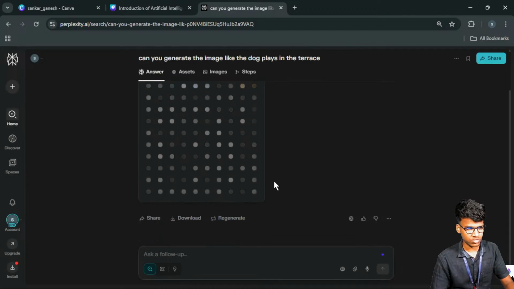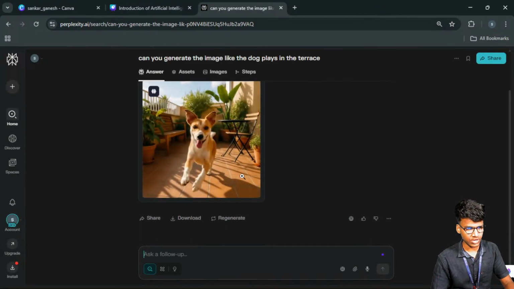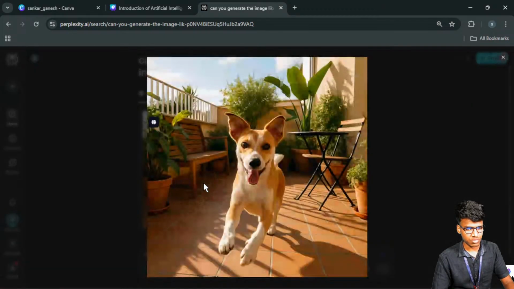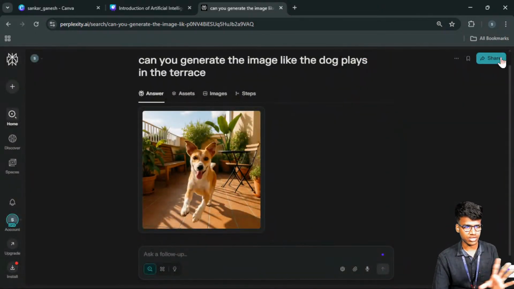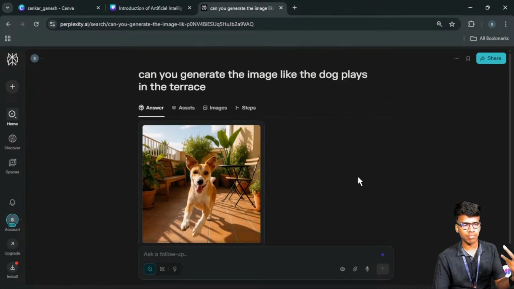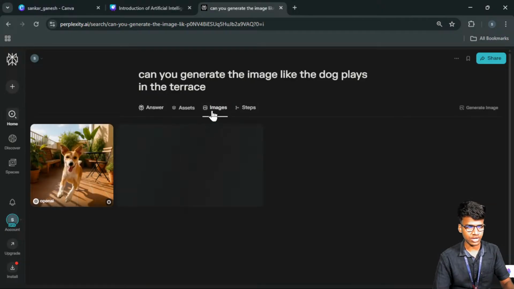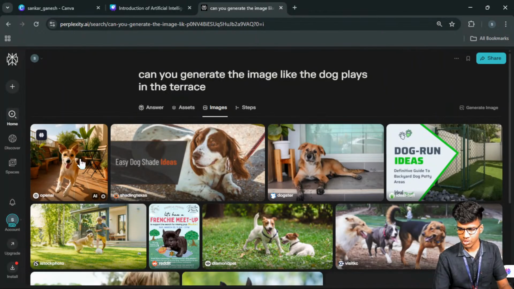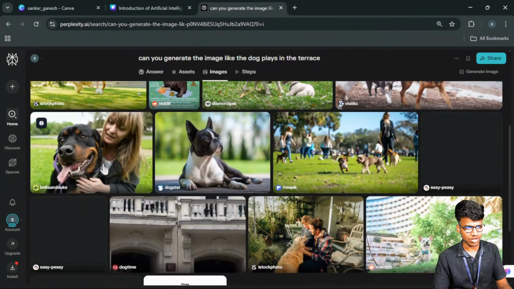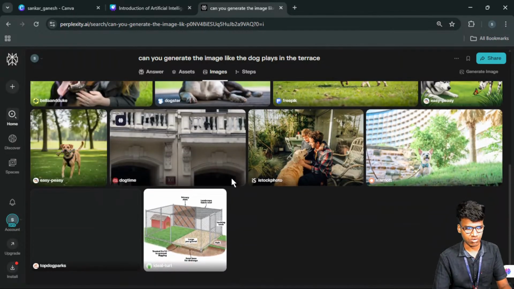So almost done. Now we can wait. You can see the image has to be created. The dog will be placed on the terrace. I am not mentioning any location, sunny or cloudy, day or night. I just gave the prompt that the dog is placed on the terrace, like that only. The other things the model has to decide in its own way. It has to think and do those things. Based on the image, it also has to give us multiple rated images as suggestions.